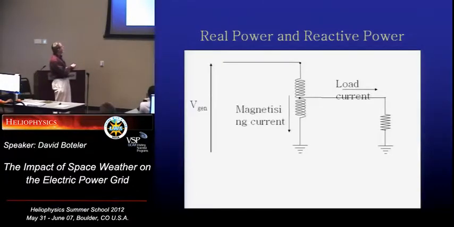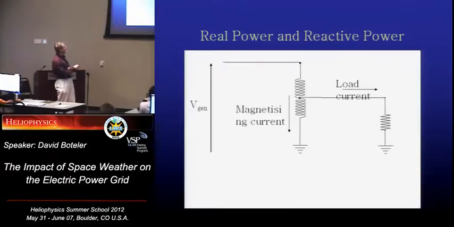So you've got your voltage that you're generating, you might have transformers in the way, but the load that goes out to the consumer is typically a resistive load. So the current flowing through here will be in phase with the voltage. And so that's called real power. You need a small amount of electric current, the magnetizing current, that actually operates the transformer. It's not very much. In fact, transformers are about 99% efficient. So you only need a little bit of power to operate it.